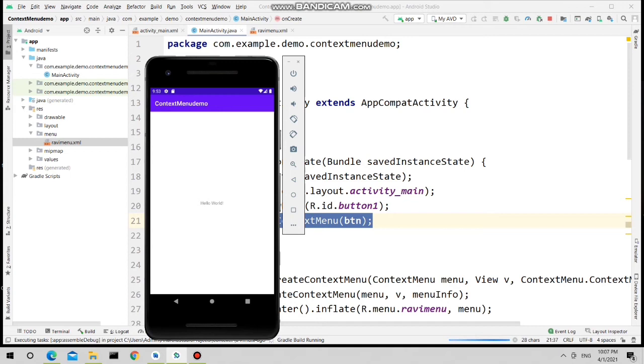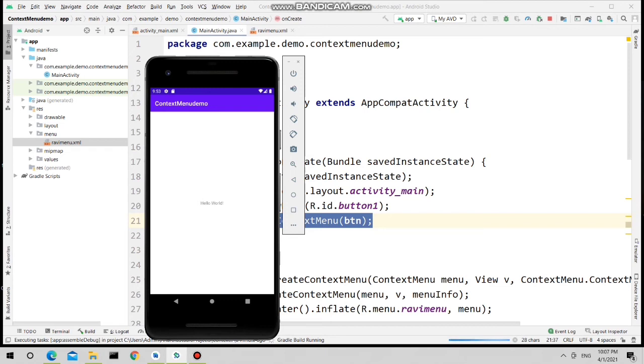And then we came to the .java file, MainActivity.java file, we overrode the onCreateContextMenu method, and in that we used the menu inflater concept to inflate the menu. That means to attach those menu items to the context menu, we used the menu inflater concept.